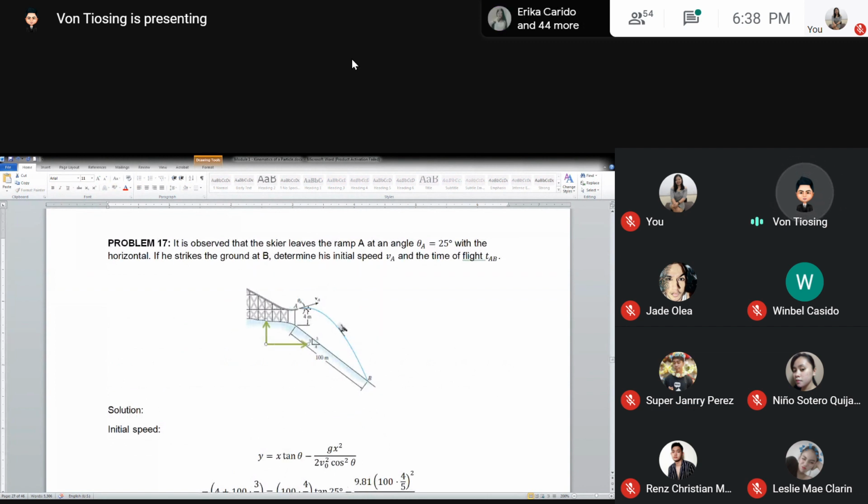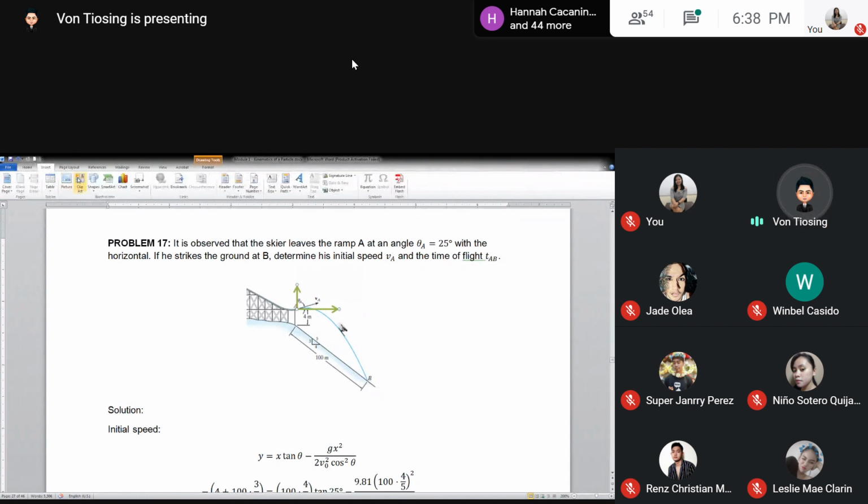Okay, ilalagay natin siya roon sa point A. So, ang hinahanap ay angle theta A, no? Or rather, meron pala yung theta A. Ang hinahanap is yung initial speed. Okay, pero ang babagsakan niya rito ay naka-inclined. Okay? So, walang problema. Kung naka-inclined yan,